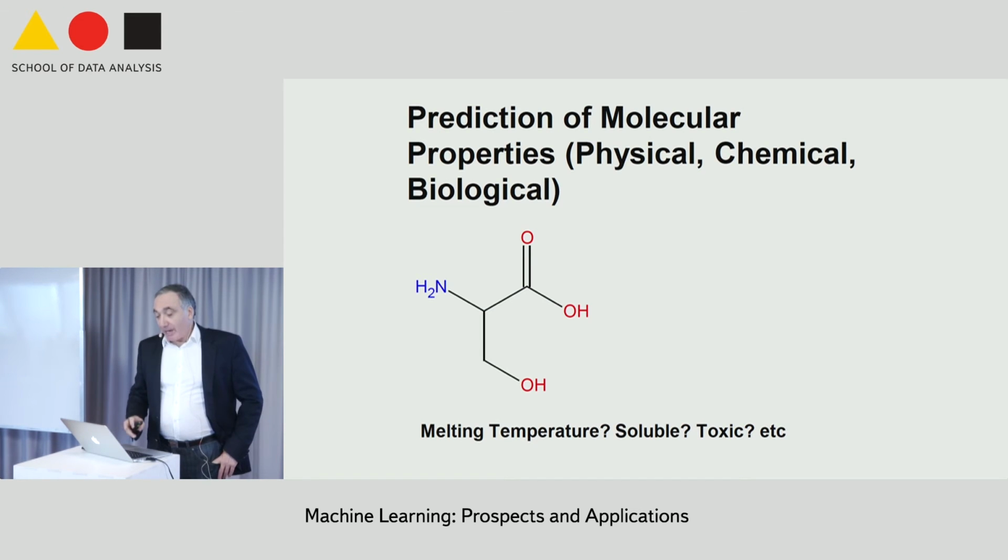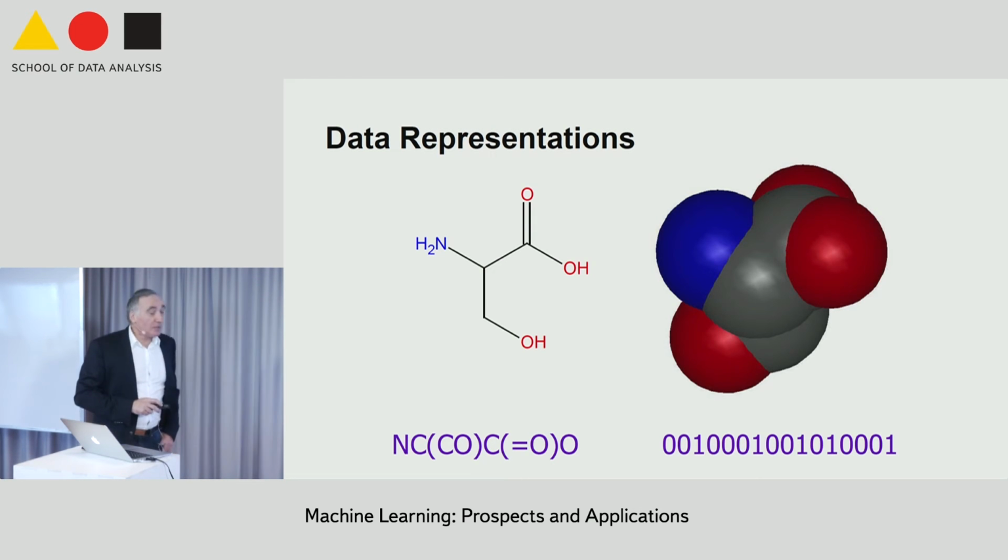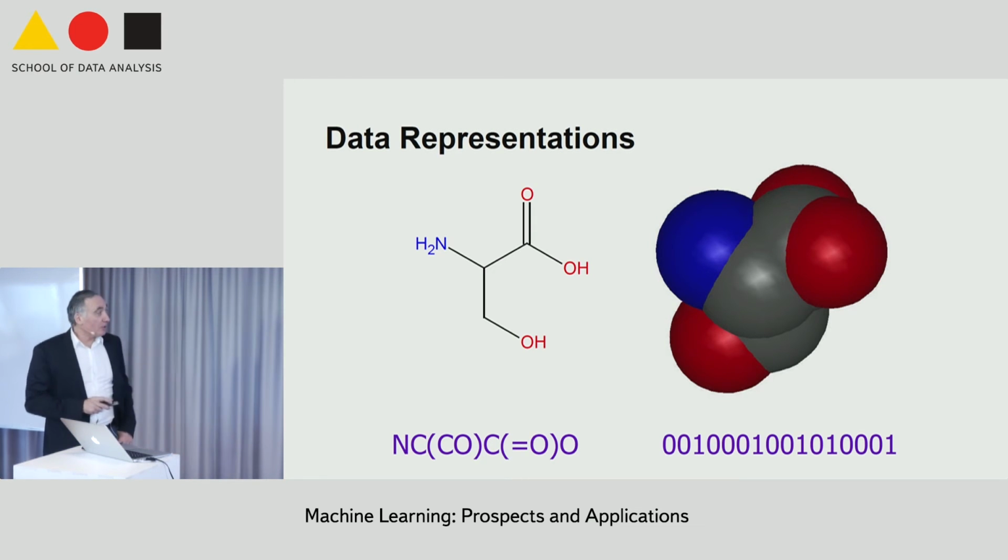So as long as you get a training set, and that's a big problem in chemistry, I won't talk about that, you can train neural networks or kernel methods. We've done it with kernels to try to address these prediction problems. The nice thing about molecules is that you have many different representations. So this is the graph representation that you're used to.